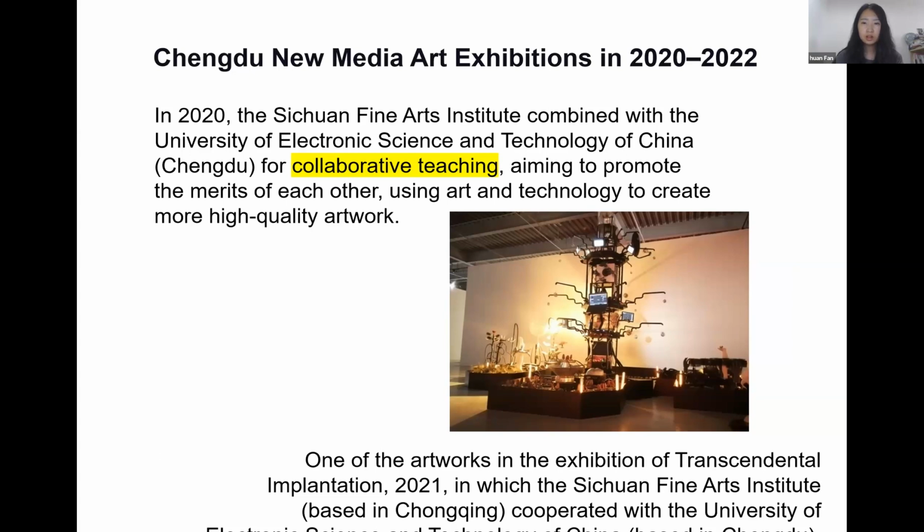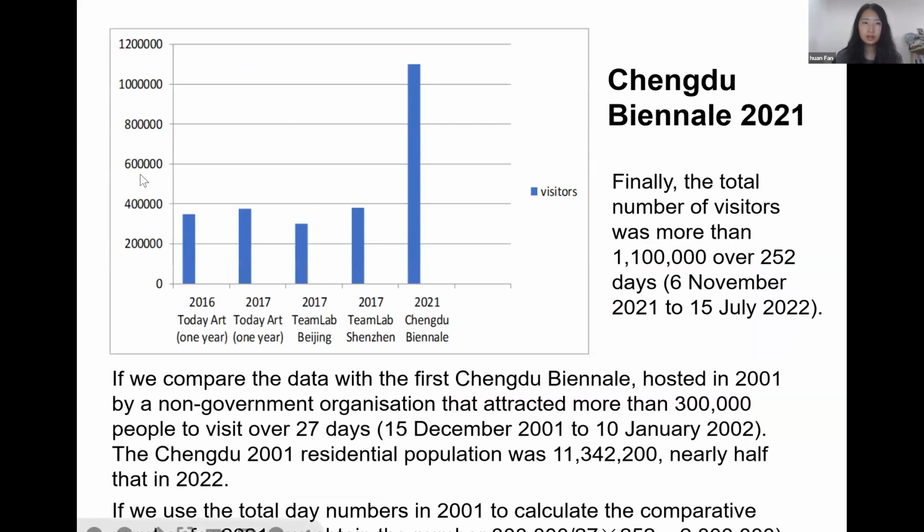This is one of the artworks. The second is the Chengdu Biennale. Half of the artworks it contains are new media artworks. It attracted more than 1.1 million people to visit over